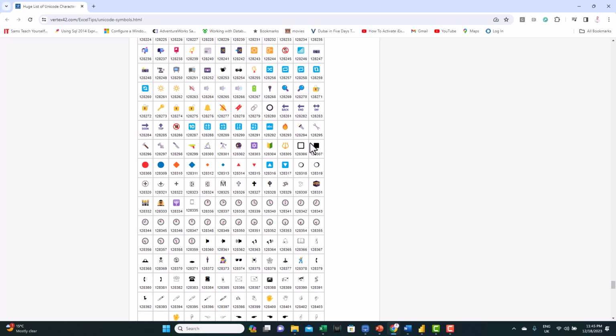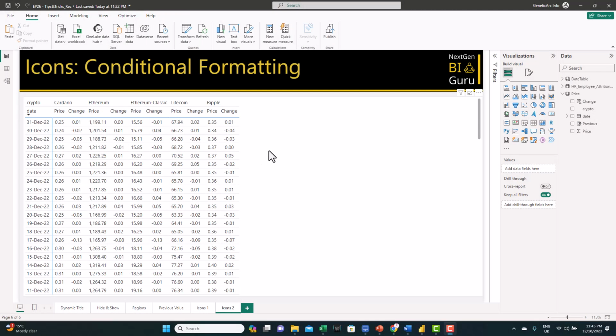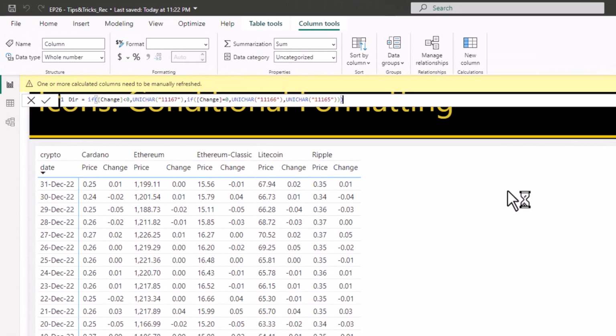Now let's go back to our report. So again, this is our matrix. What we're going to do, we're going to create a new column. Just right click on the price table, new column, paste. So I have a function here, based on the change.